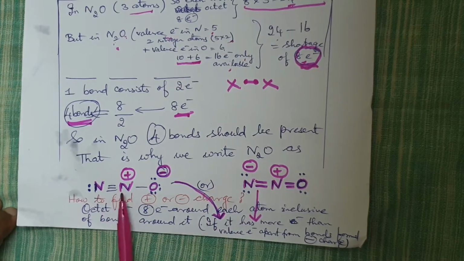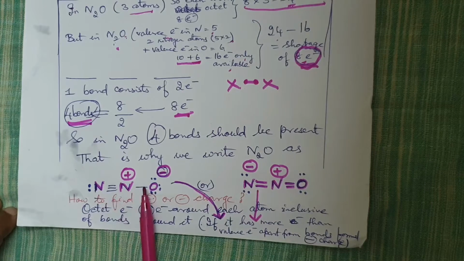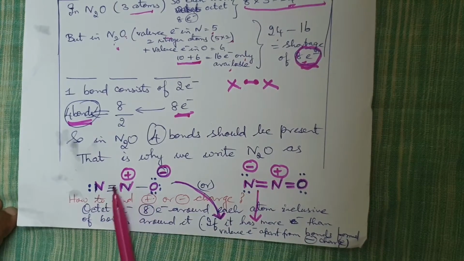Now here, let's take oxygen. Every bond, as I told you, consists of 2 electrons. So this oxygen already has 2 electrons in this bond. So 8 minus 2 will be 6. So 6 electrons as 3 lone pair of electrons are represented here for us. Nitrogen, let's consider this nitrogen. It's got 3 bonds over this side and 1 bond over this side. So totally 4 bonds are present. So no electrons are present outside this nitrogen atom.